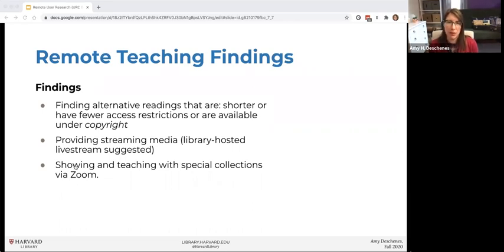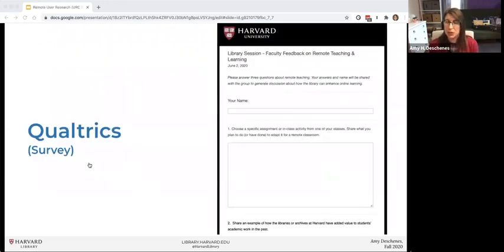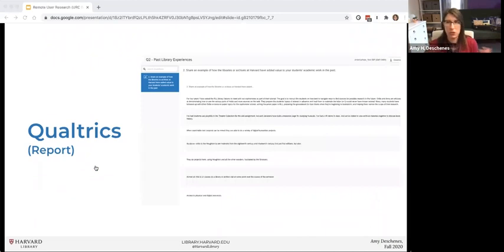So the tools for this one, like I mentioned we did that survey at the beginning of the sessions to seed the questions. So just a simple Qualtrics survey. And then as people joined, I dropped the link into the chat. And then once everyone had joined and completed the questions, I brought up the answers just using a basic Qualtrics report and shared my screen and said, like, take a minute and read through your colleagues' answers to the questions, and then use that as a jumping off point to say, like, okay, so-and-so, I see that you talked about this. Can you elaborate on that? And then had some of those follow-up questions, and that generated the discussion.